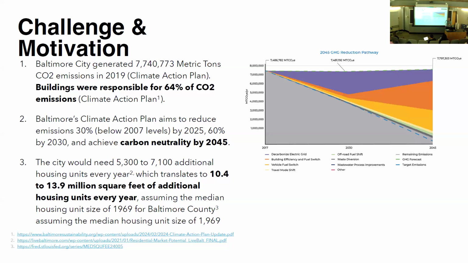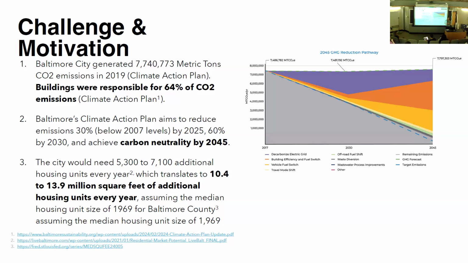The challenge and motivation in this project is that according to Baltimore's Climate Action Plan, Baltimore released 7.5 million metric tons of CO2 in 2019. Scott told us that has been reduced to 6.7 million metric tons, but there has not been a significant decrease. Buildings contribute 64% of the total carbon emissions of Baltimore. The city plans to reduce those carbon emissions by 30% below 2007 levels by 2025, 60% by 2030, and achieve carbon neutrality by